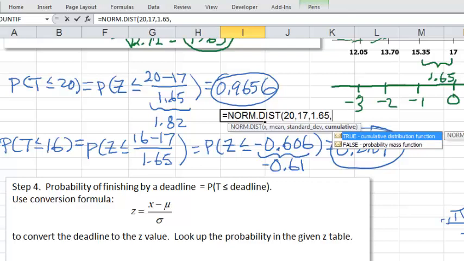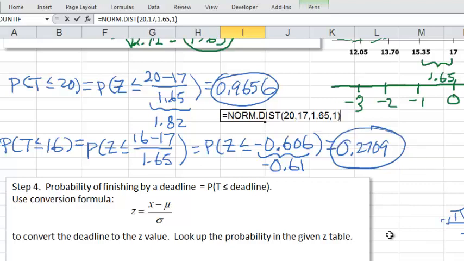if you want the cumulative, that is, if you want the area under the curve, put true, or you could say 1. 1 is the same as true. And if you want the probability mass function, which is just the height of this thing, not the area, and we hardly ever need it, but if you ever needed to find this height, then you could put 0 here, or false, which is the same thing. The 1 and the true are the same thing. Okay, and that gives us